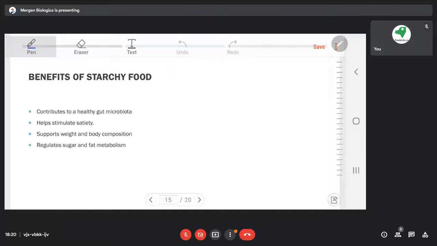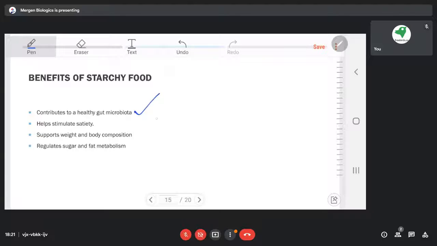This resistant starch will go directly to the colon and contribute to the gut microbes. These gut microbes are very important for us because they are known as healthy microbes, and they help in various things like immunity. For our immunity, these gut microbes are very important, and resistant starch is the source of their food. So starch is also important for these gut microbes, that is, for our immunity.